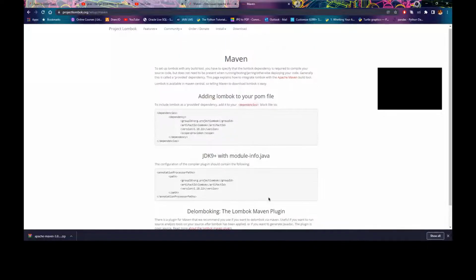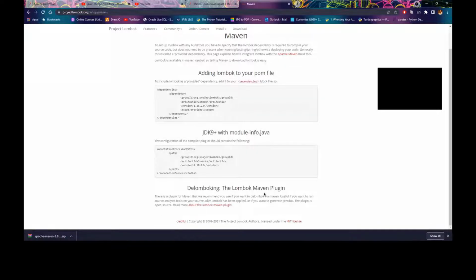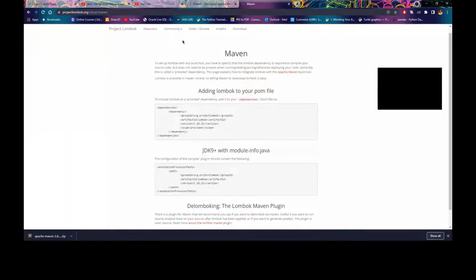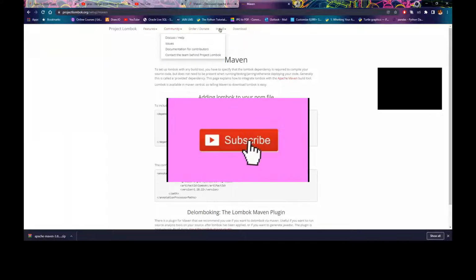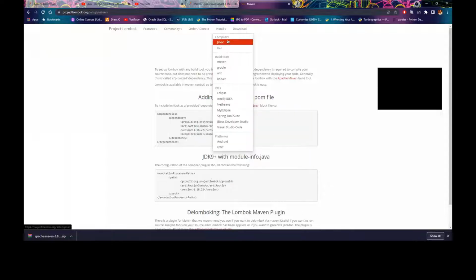Wait, there should be something called IDE on this page. On the top, do you see any section called Eclipse or IDE or IntelliJ? Here there are a few under install. Under IDE, select Eclipse.